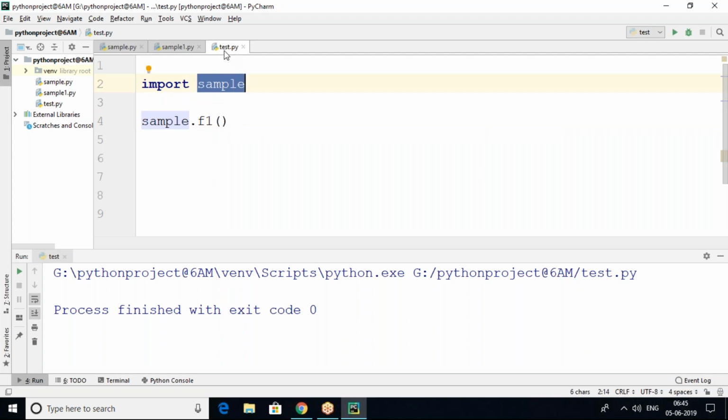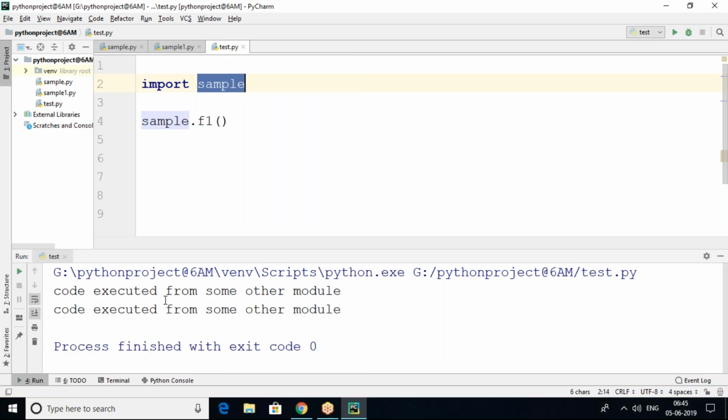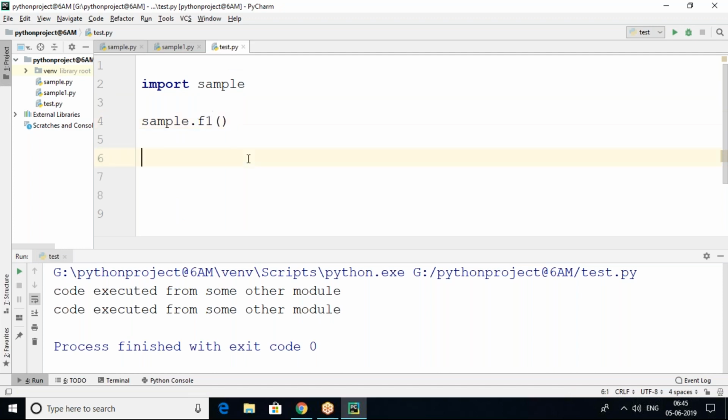So whenever we execute this test.py, we got output like "code executed from some other module". Again, one more time we also got "code executed from some other module". Why did it come two times? In the sense, we are calling the function here, and this module is also calling the function. So that's why it's coming two times, no matter. But undoubtedly it is not executed as an individual program. It is executed from some other module, no? So that's what it's going to show clearly.